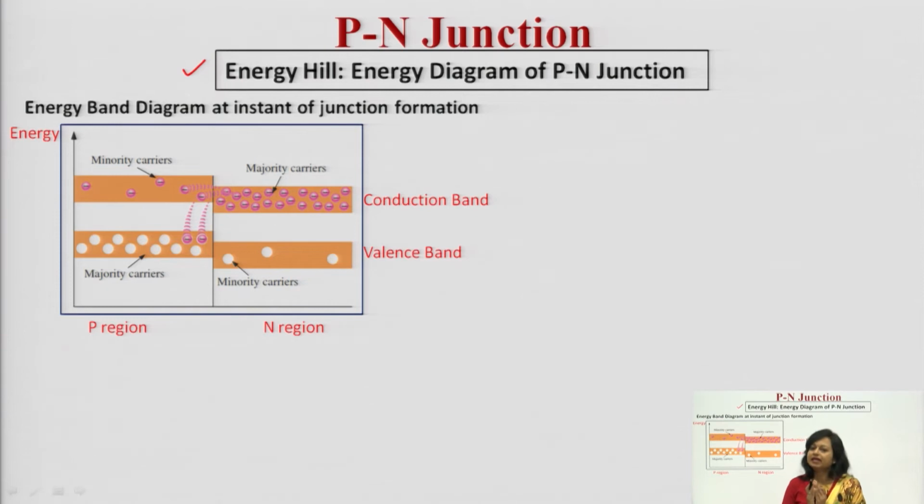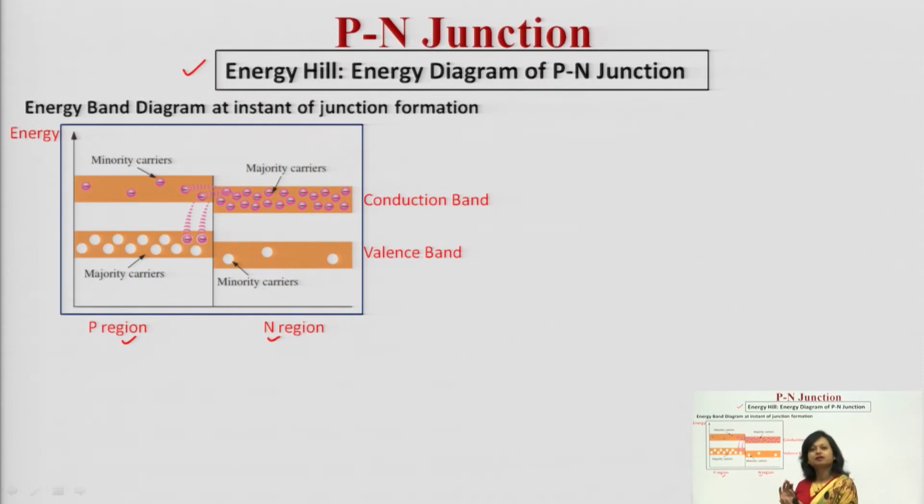See, when you have to plot the energy band diagram, what happens over there? There is a valence band, there is a conduction band. In between the valence band and the conduction band, there is a band gap. Similarly, when you are plotting for P region and for N region, there must be a difference in the levels of conduction band and a difference in the levels of valence band. You can see over here, this is P region, this is N region, P type semiconductor, N type semiconductor.